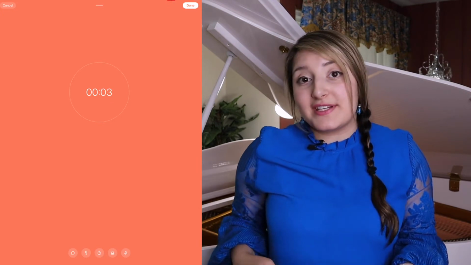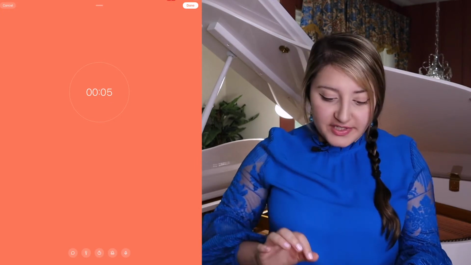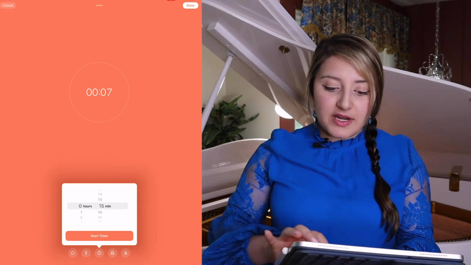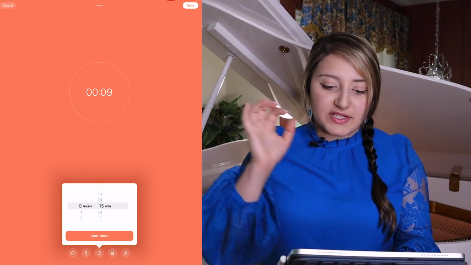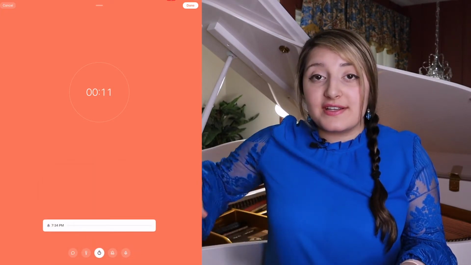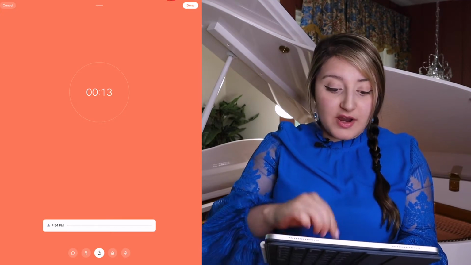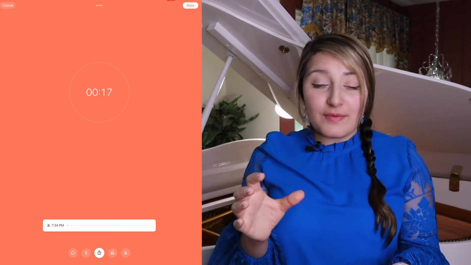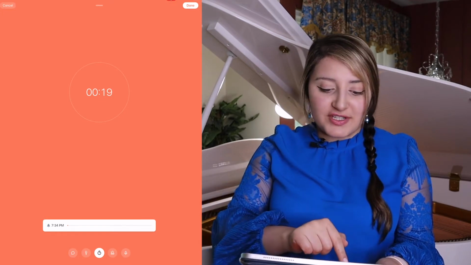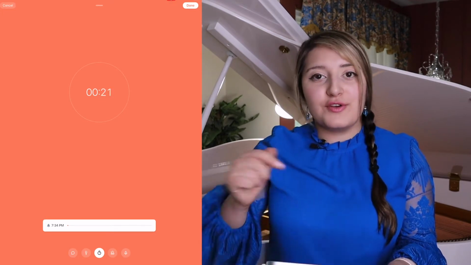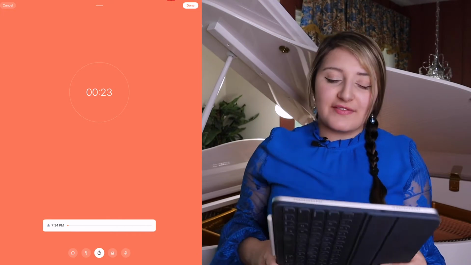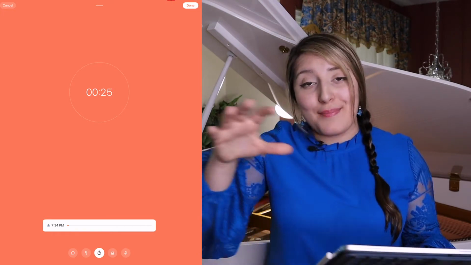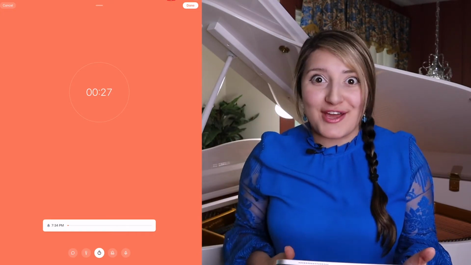If you'd like to start a timer, let's say you're working on one piece for 15 minutes, you can go to the timer down here, and let's say 15 minutes, start the timer. It's going to start a separate timer, and it's going to tell me right here that the end of the timer within my practice session is just going to be at 7:34, and you can also enable notifications to give you a notification if you're also in another app simultaneously looking at your sheet music,